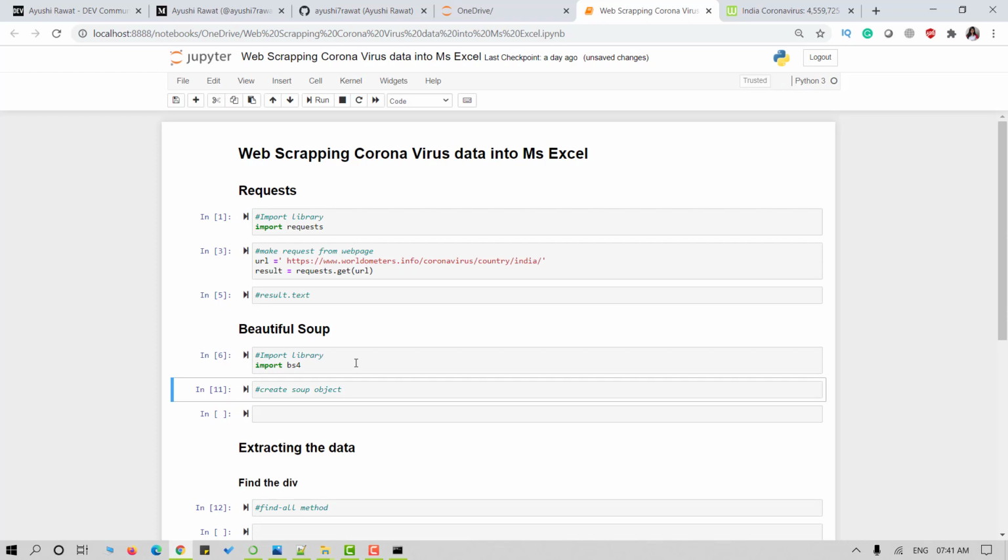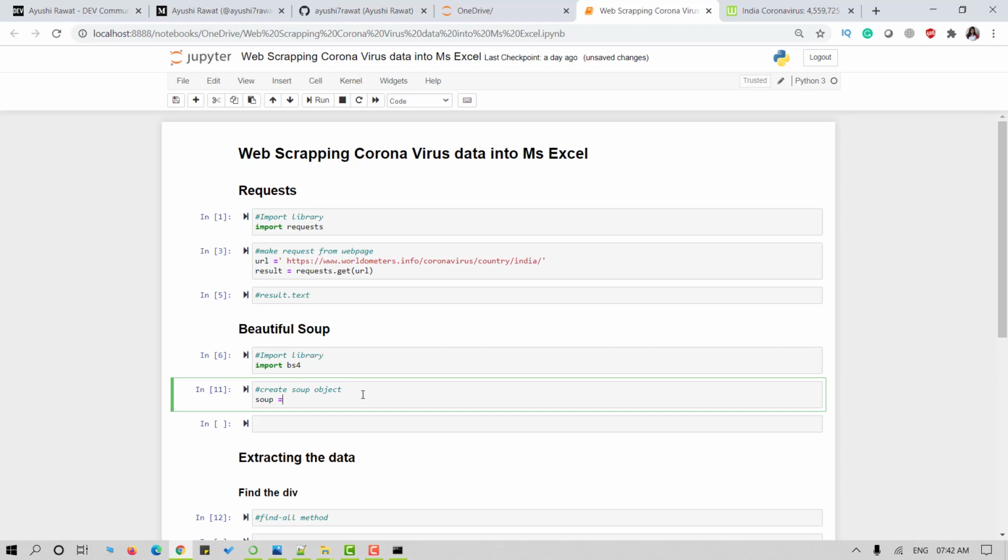Using Beautiful Soup, we can create a soup object that contains all the ingredients of the web page. You get the idea, right? Now let's create the soup object. We are going to pass two things here: the result.text string and XML in the form of a string.